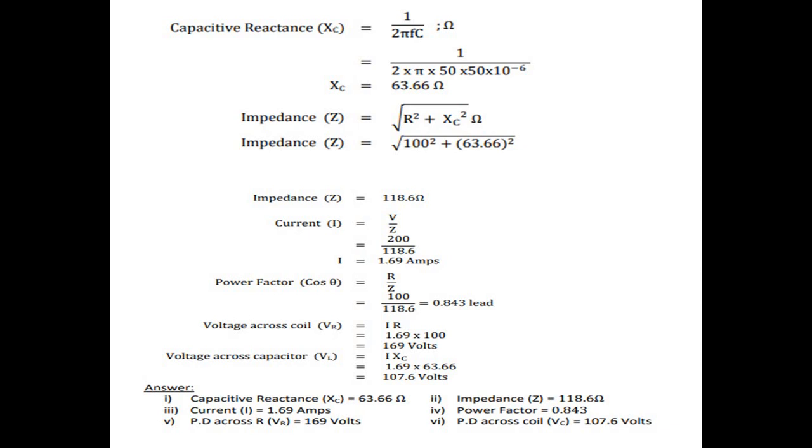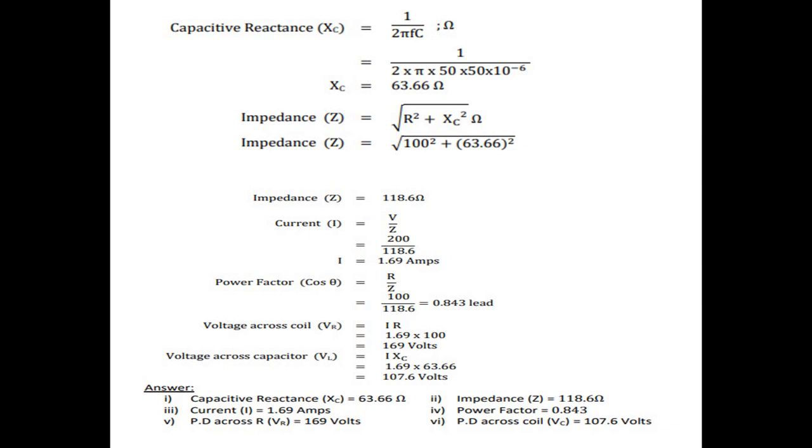And then next, voltage across the resistance. VR is equal to I into R. Already we have calculated the current value, 1.69 into 100. It is equal to 169 volt. Voltage across the capacitor VC is equal to I into XC. Already we calculated the capacitive reactance, and then multiply the values. It is 107.6